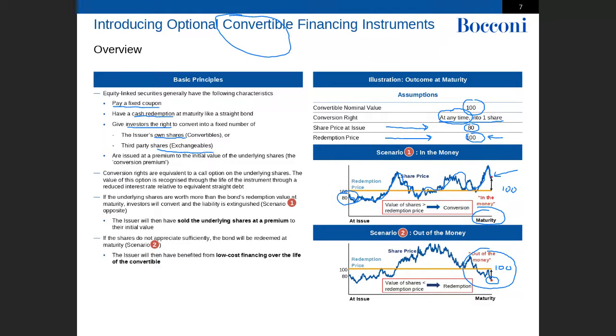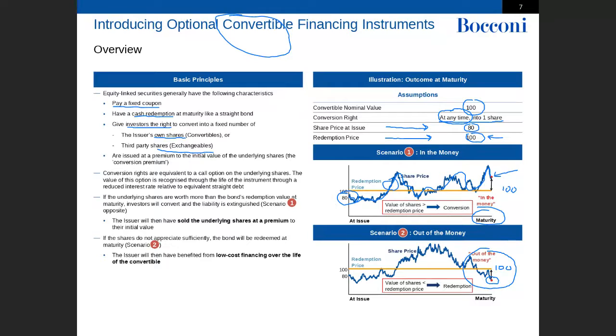Usually when he converts, when he decides to take the decision to convert, and why? Any view? Well done, Daniele. At maturity,